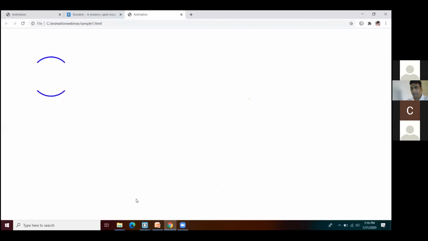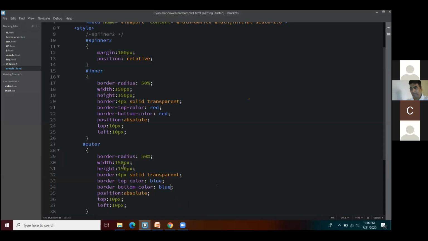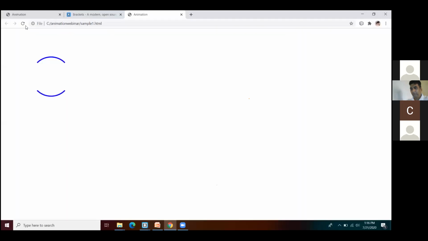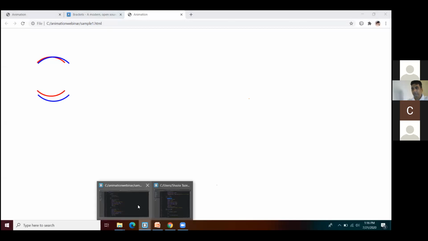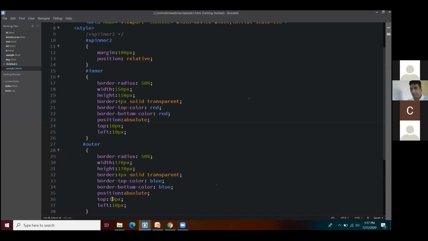So what is happening? It is one upon the other. So let us increase the size of your outer circle. Instead of 150, I'm making it 170 so that you can have a good radius. Now, let us also set out the positions because they are one upon the other. So instead of 0 pixels, you can just set out the margins.